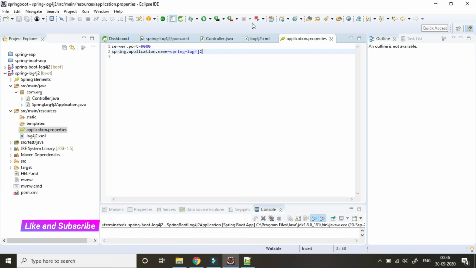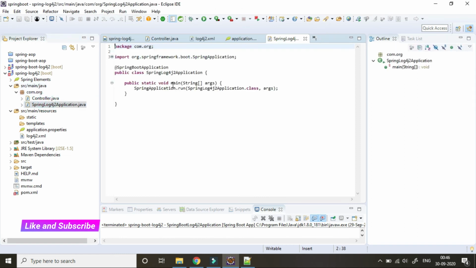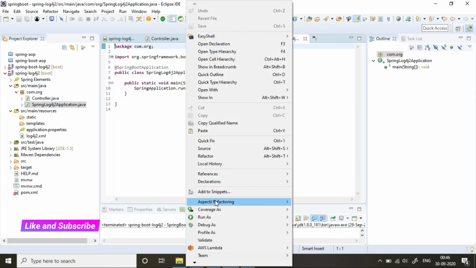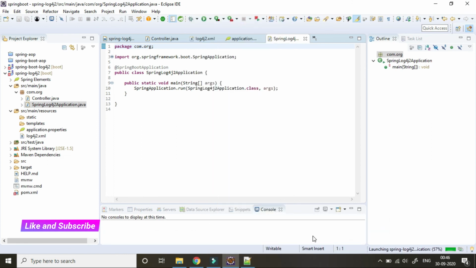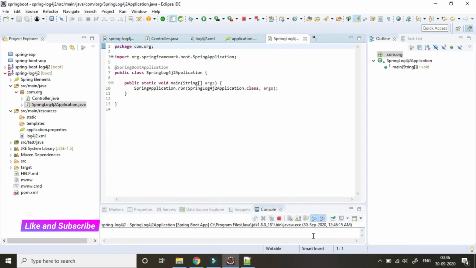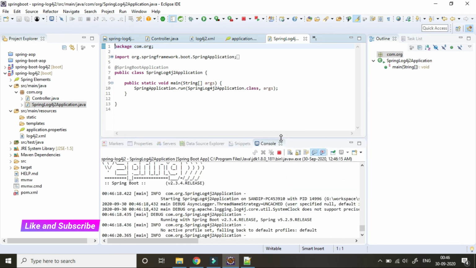Now we will start this application. Once it is up, we will hit our endpoint.